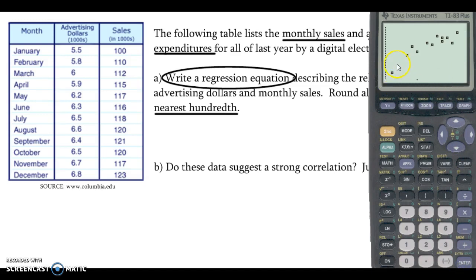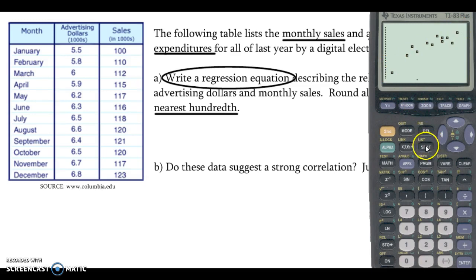And from my scatter plot, it looks pretty linear. It looks like it's going from here all the way up to here with a fairly constant slope. There's a couple of scattered points, but that's why it's called a scatter plot. So now that I'm pretty confident that it's going to be a linear line of best fit,